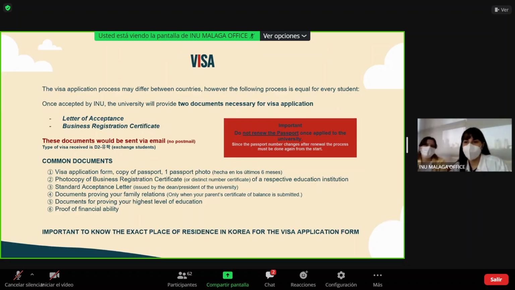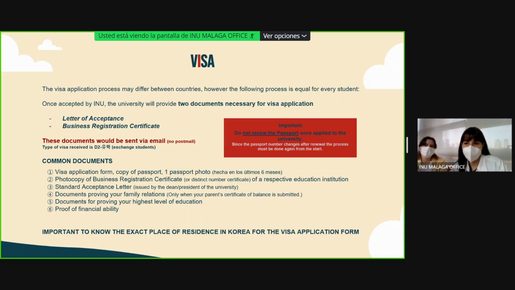Okay, so moving on to important information, we're going to start talking about the visa. The visa application process might differ by country. However, the information that we're going to provide to you is mostly the same for every country. Once you are accepted by the university, we will provide two documents that are really necessary for the visa application.